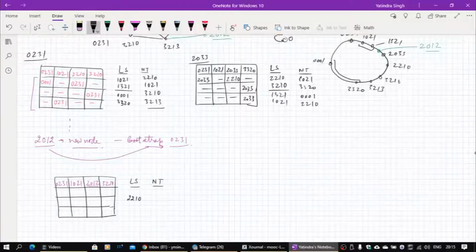So I am just increasing the entry 2210. There is, and then after that we have 3210. That's the leaf set, the higher side part. The lower side part, it will come to know of anything which is lower than 2, because there is nothing else with 2 actually. So 1 will be there. So only 1021, so it will just put 1021 here, and anything lower than that is 0, so it will be put 0231. So that will be the leaf set to begin with actually.